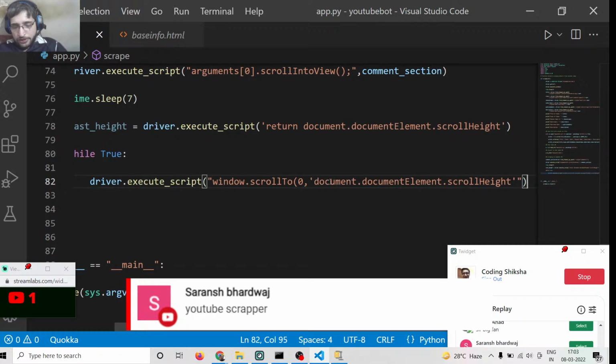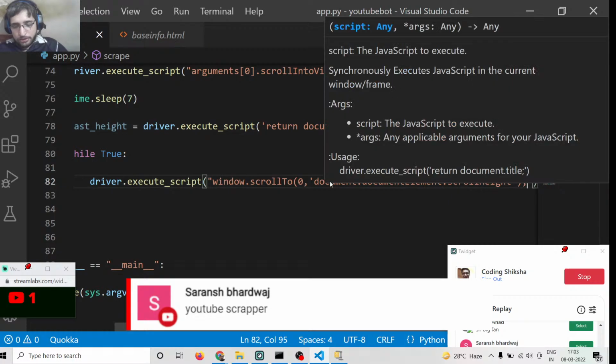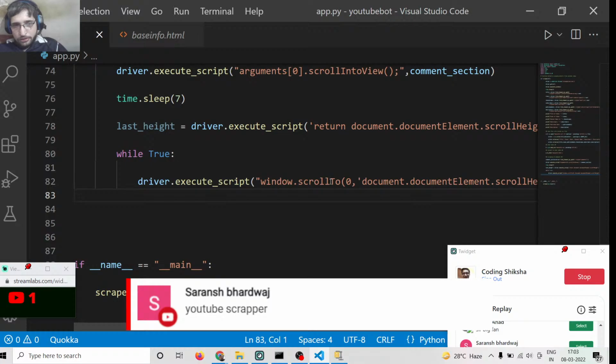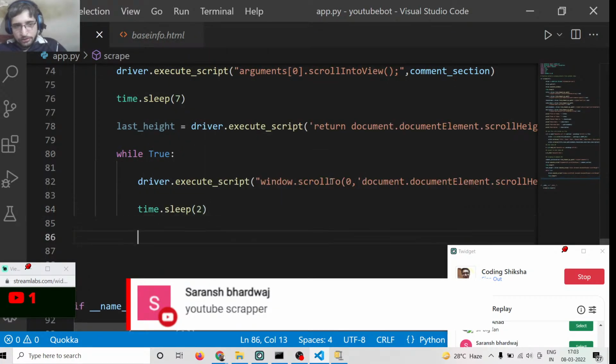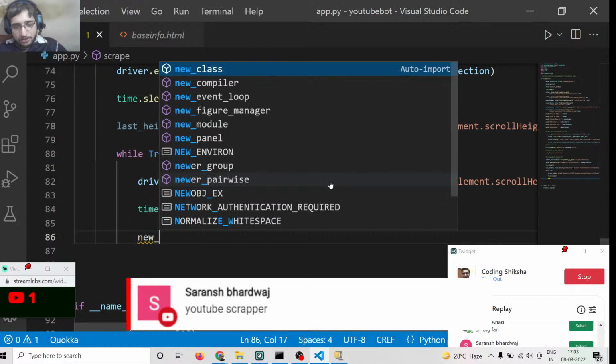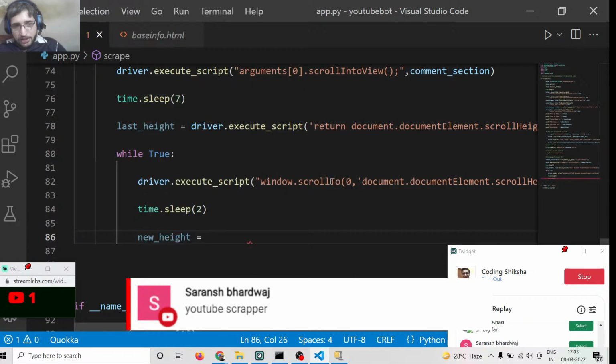So that's it, guys. This is all that you need to write. Put a parenthesis here and put a semicolon. After you do this, we need to sleep for 2 seconds, so time.sleep(2). After sleeping for 2 seconds, we will calculate the new height, new_height. And again, we will execute the same method, which will be